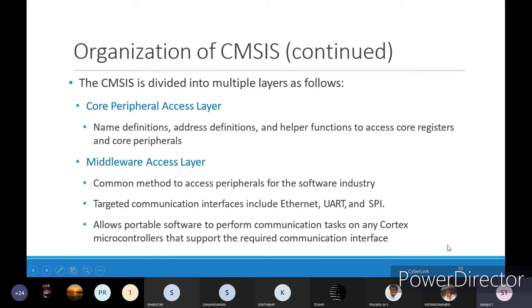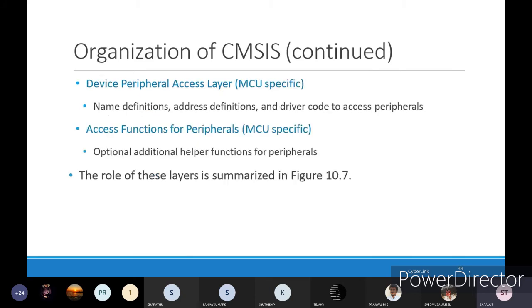In this middleware access layer, it will provide the accessible connection using these interfaces like Ethernet, UART and SPI. It will support the microcontroller to communicate, giving the interface for the communication. That is the middleware access layer.